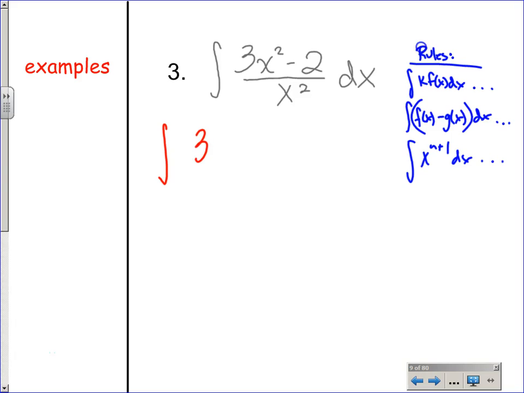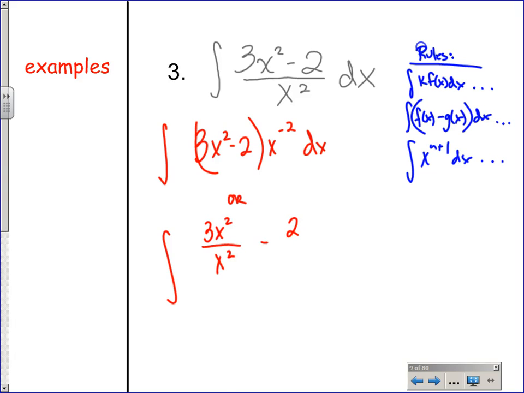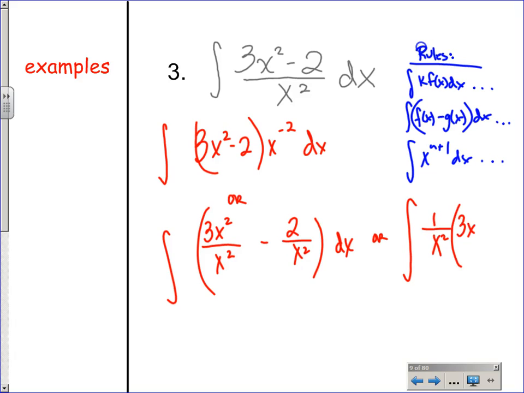That's one way. We could think of this as 3x squared minus 2 times x to the negative. Could rewrite this as a distribute. Or you could distribute the division, which could have also come from multiplying 1 over x squared times 2. I don't know which one makes more sense, but all of them lead you to the exact same place of doing division by x squared with both